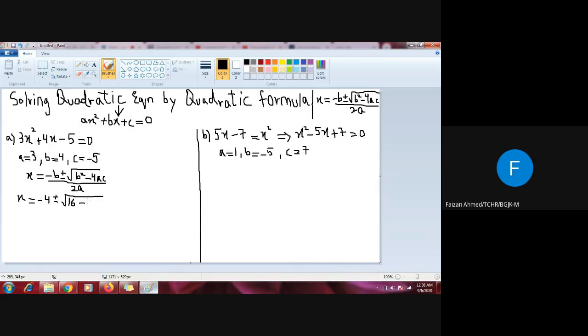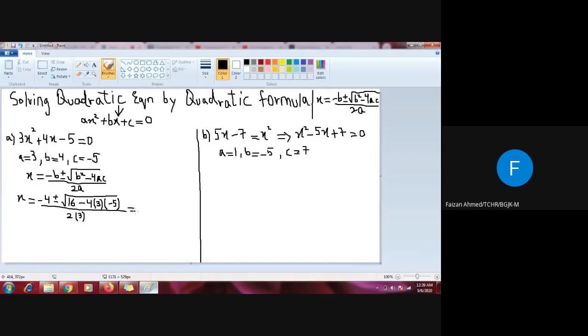Then I will use this negative sign. 4 will be as it is, and the value of a will be in bracket, that is 3. And again I will use a bracket, and the value of c is -5, so I will use a bracket and I will put -5 in that, and I will close the bracket. And in the denominator, that is 2a, so I will just write 2 as it is, and the value of a in the bracket, that is 3.